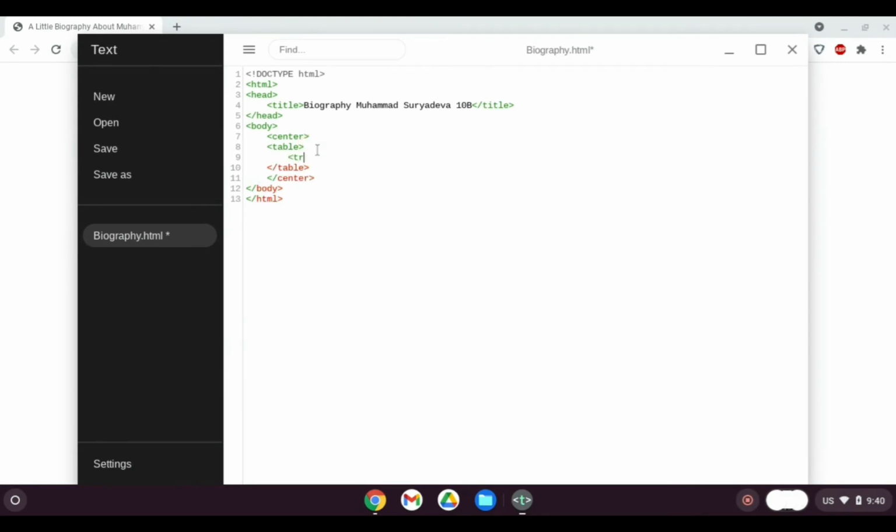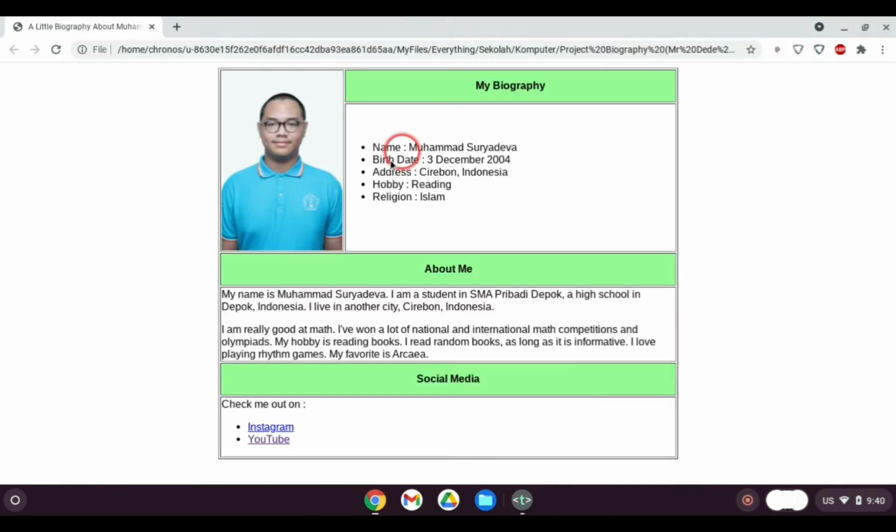Let's start with the first row. Anyways, on the first row, as you can see, there are 2 columns, this column and this column in this whole table.